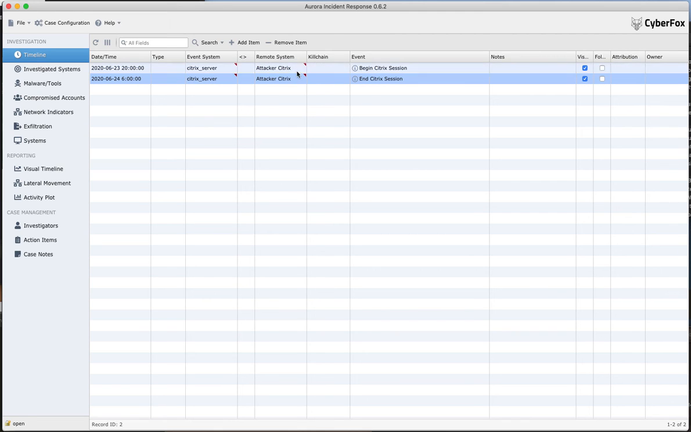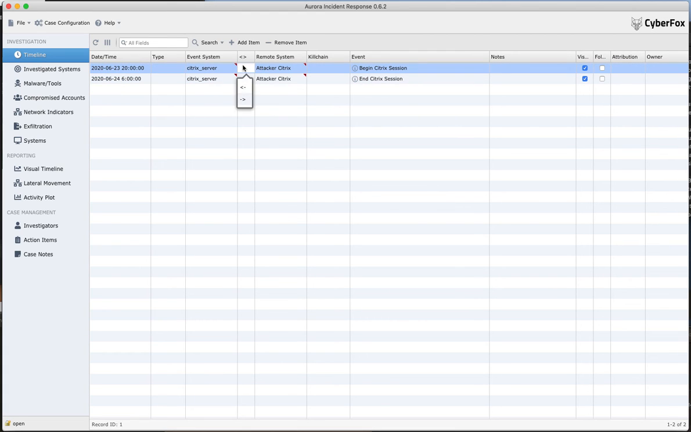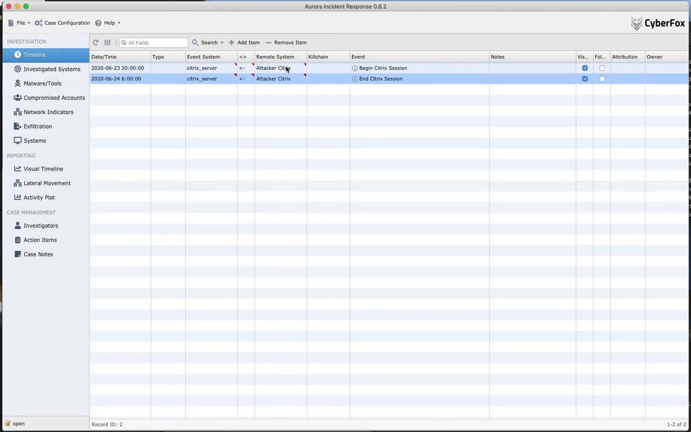In both cases, the machine the attacker used for Citrix, and I can put in a direction now. And in both cases, the direction was from the attacker's Windows server to the Citrix server here, right? Something like that. And the reason why I'm doing that is that even at that point, we can start to